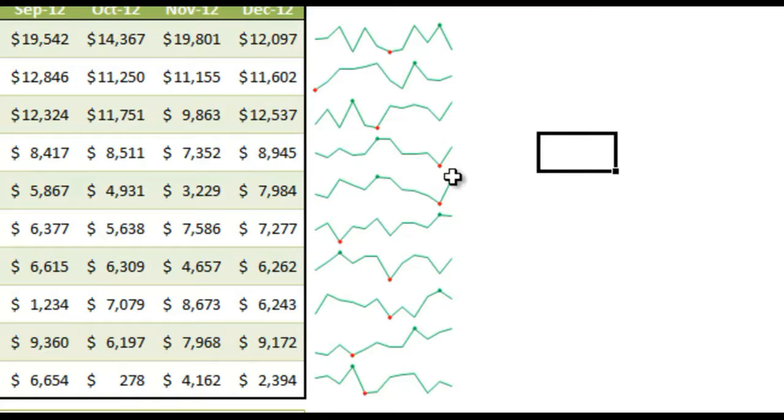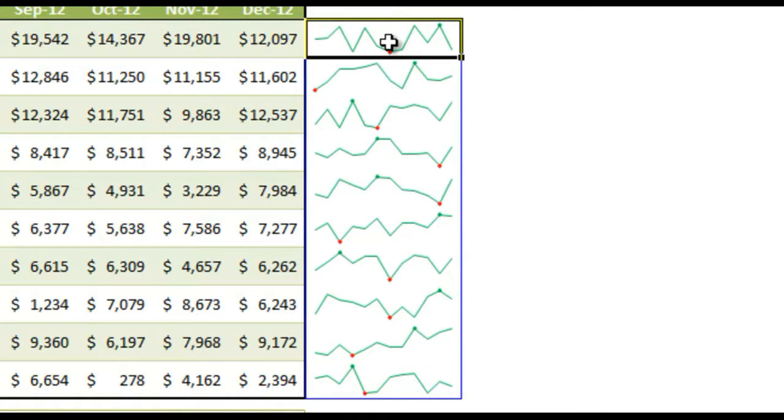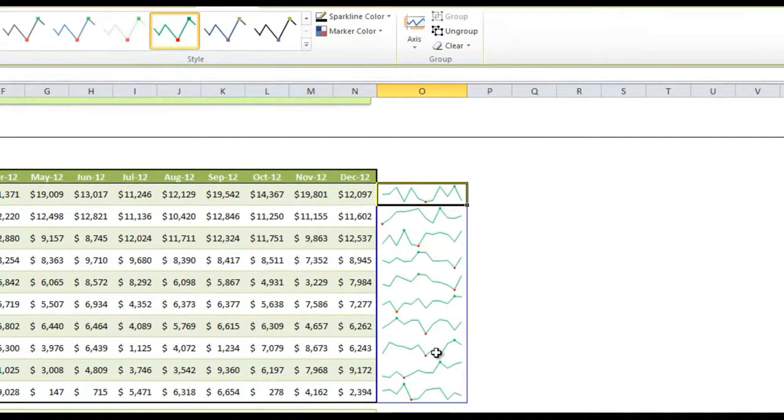One thing to remember about Sparklines, though, is that it's showing each one with an axis relative to its own performance. So for example, the high point of Germany is near the top of the cell, just like the high point for the United States is, although their dollar values are very different. So if you want to show them on the same axis levels so that you're not misinterpreting the data when